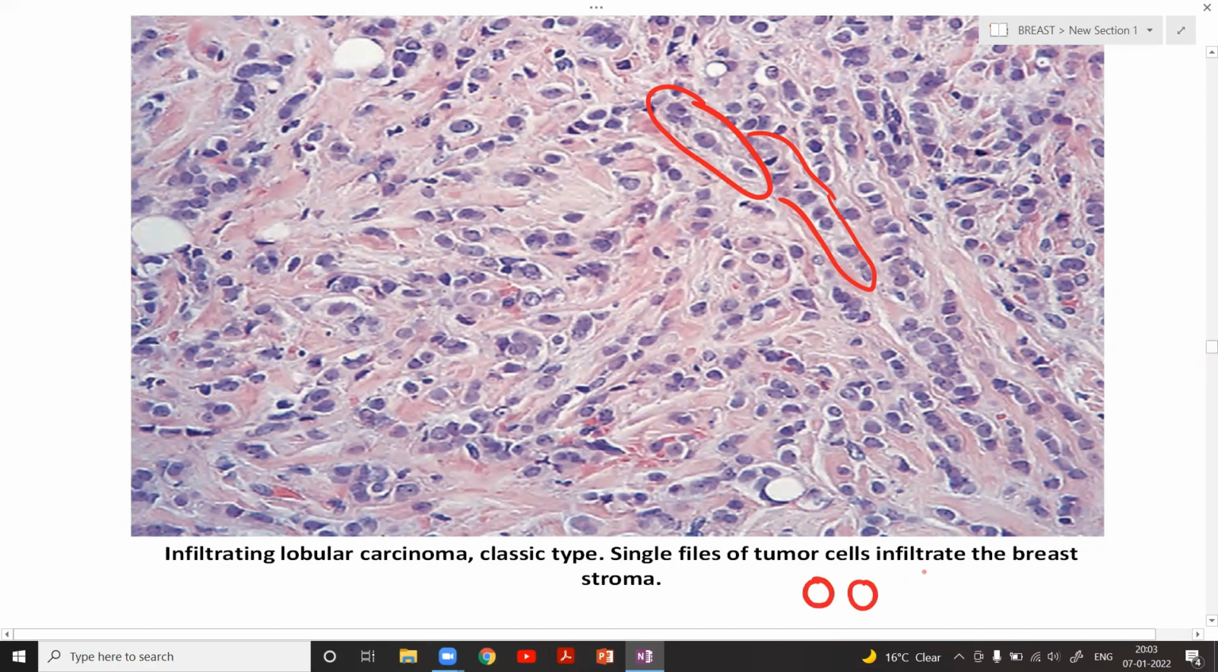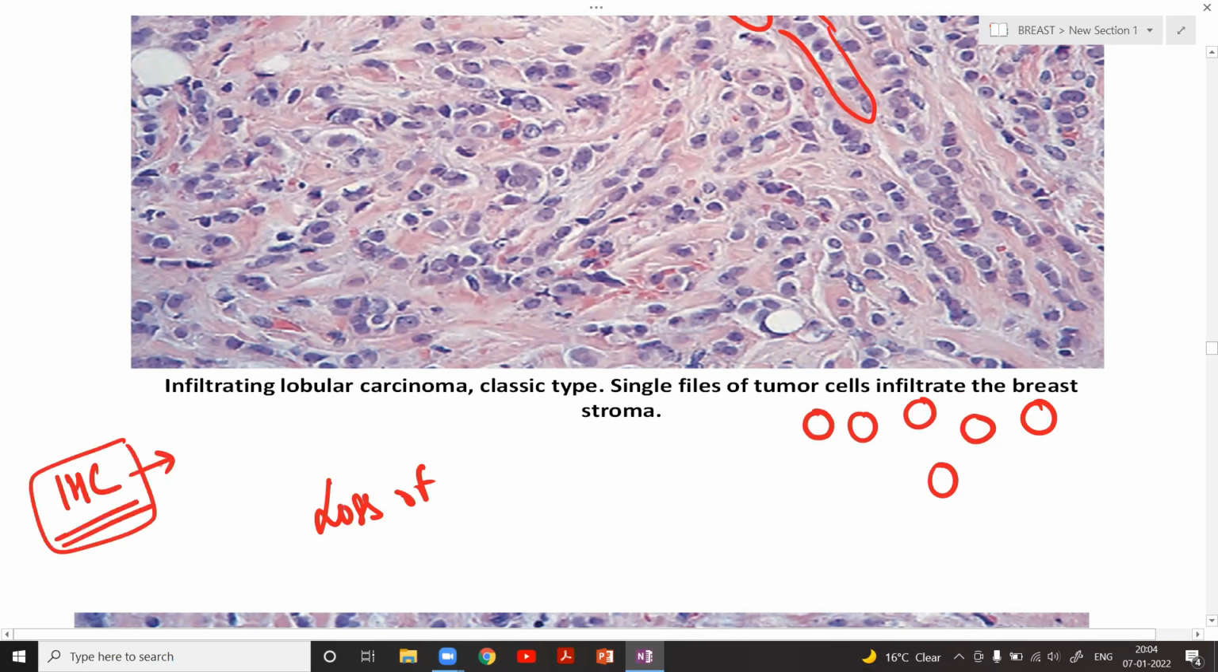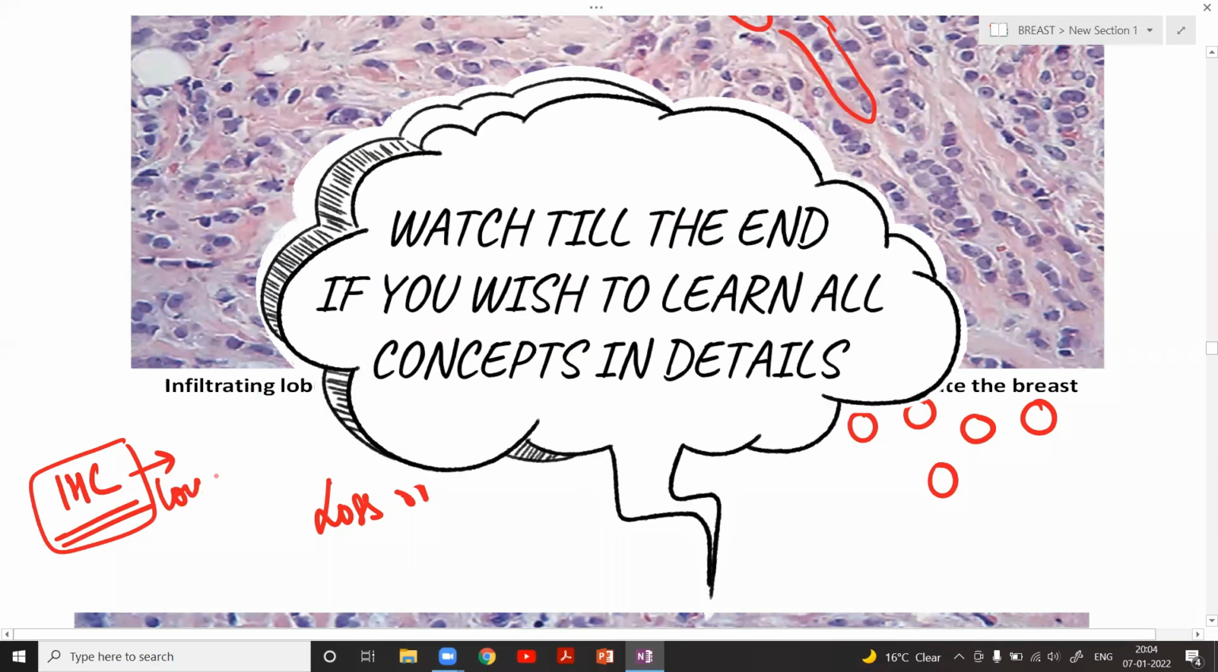And they are dissociated. Can anyone tell me why this happened? The cells lost adherence. Yes, loss of E-cadherence. So under the IHC of lobular breast carcinoma, remember, you will say all things ER/PR positive, but don't forget to say that these tumors have loss of E-